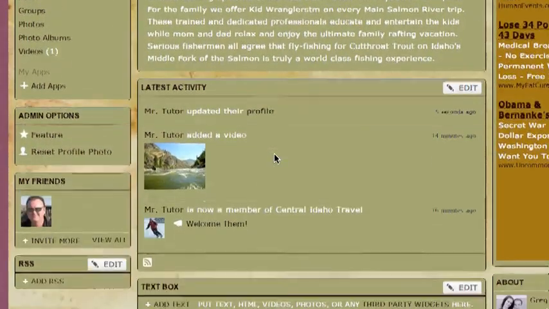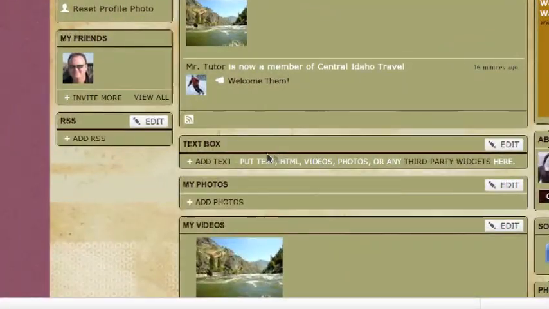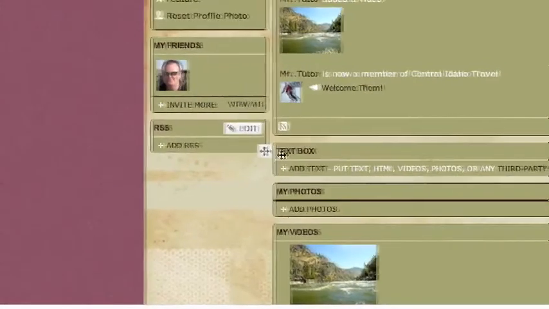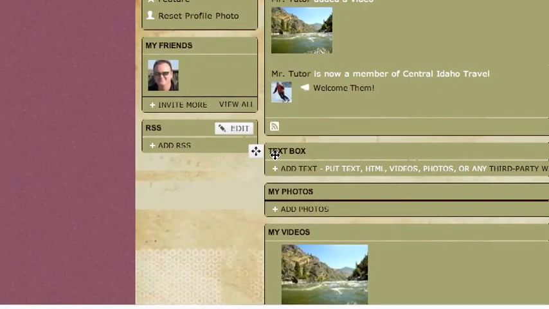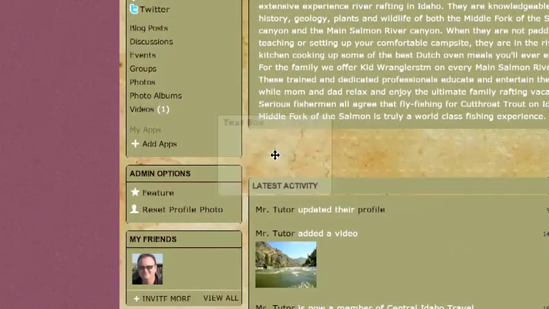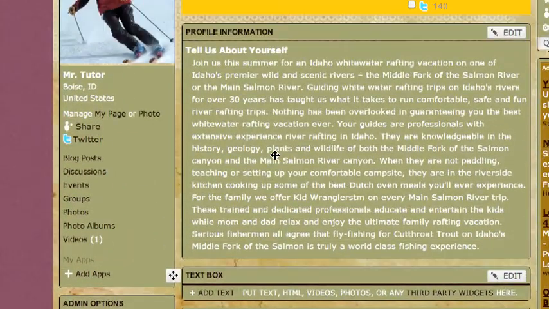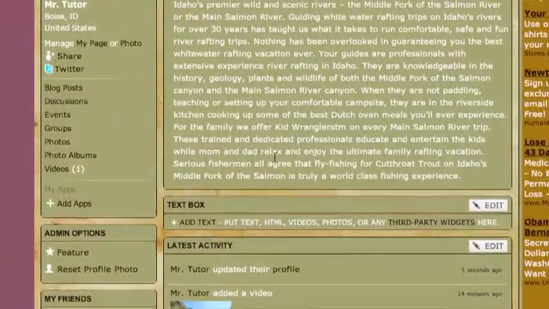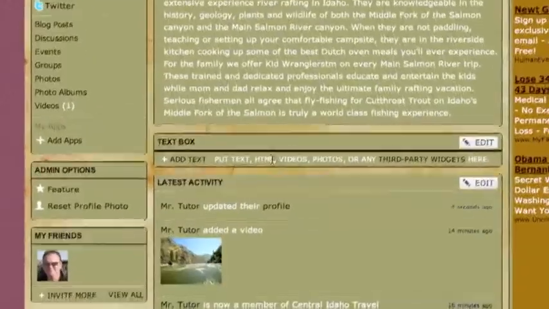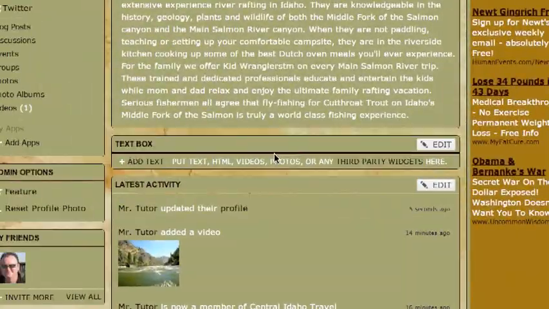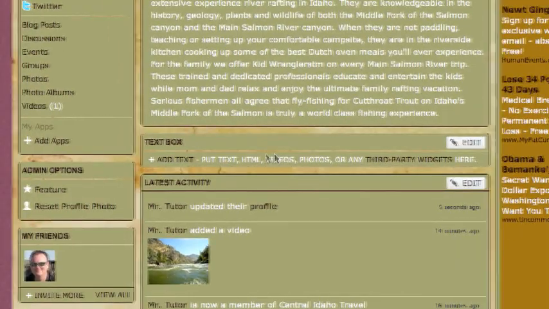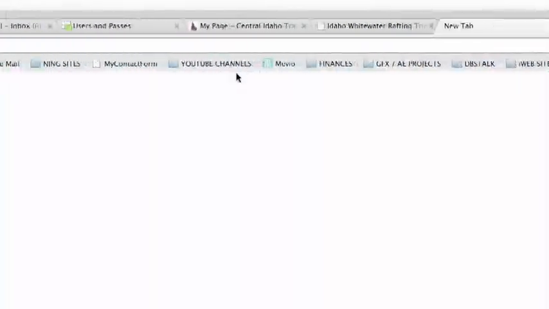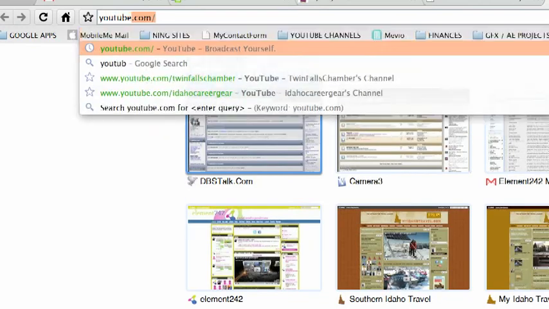Okay? Another box that you can move around is a text box. Every member gets a text box, and a text box is a place where you can add some media-rich information. Maybe it's a Flickr feed slideshow. Maybe it is a video from YouTube. So we'll go ahead and move the text box up because I would like to have my video right underneath my basic profile information. And I'm going to be able to edit this text box to put in a video in this particular case. So now I'm going to go to youtube.com,